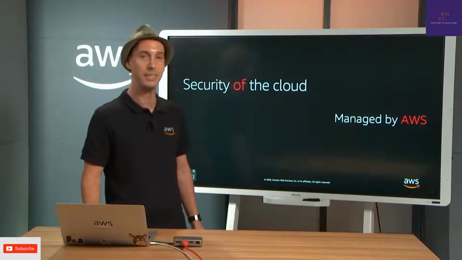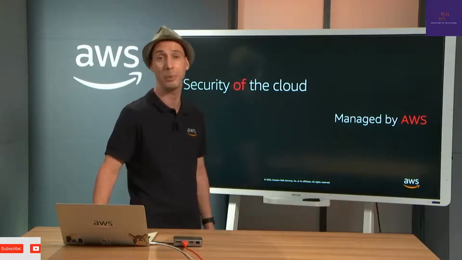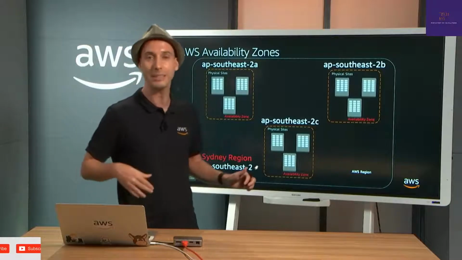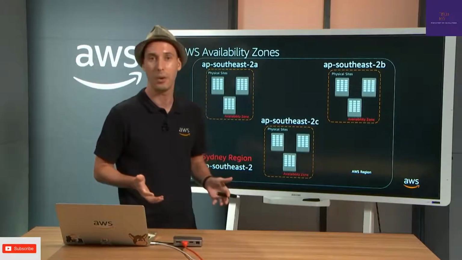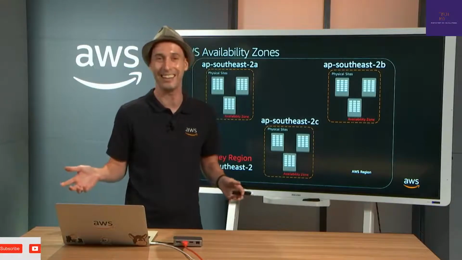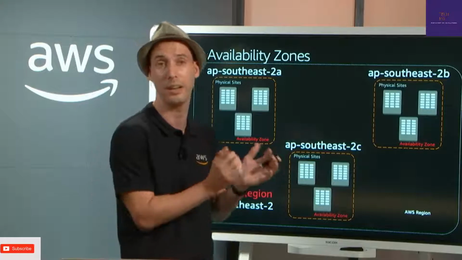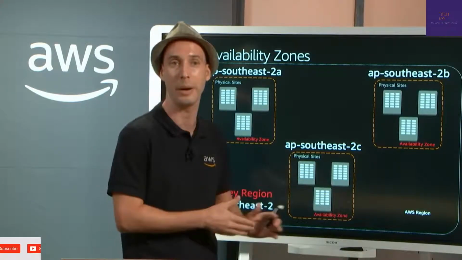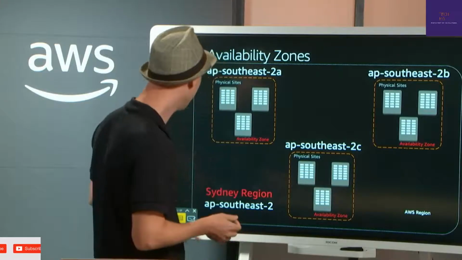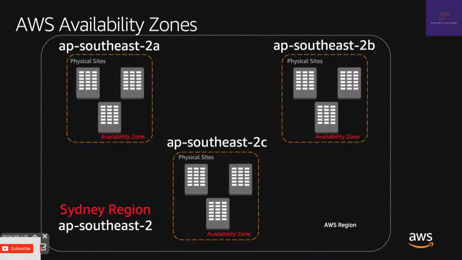So let's look at the parts that you don't need to worry about. Security of the cloud, the stuff that AWS manages. So at AWS, Amazon Web Services, we do what it says in our name. We offer services through the web for customers like you to use. And what that means is that we have a lot of services running on computers somewhere, and those computers have to live somewhere. And those computers live in what we call availability zones. These are the smallest atomic unit of our networking infrastructure around the world. And these availability zones are comprised of 2 or more physical data centers